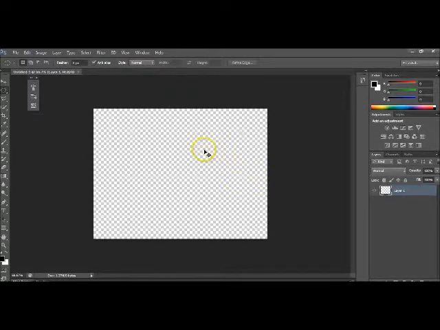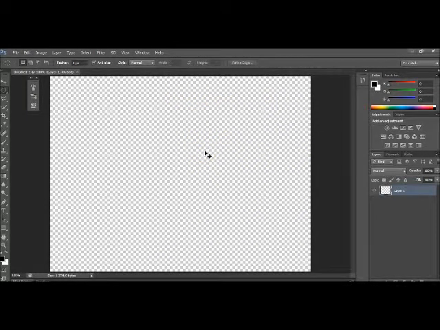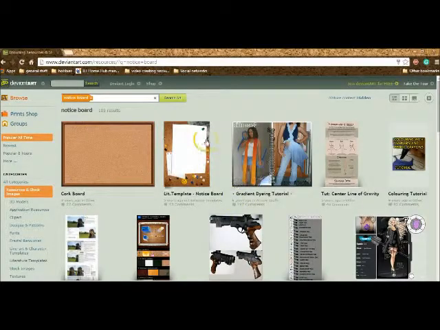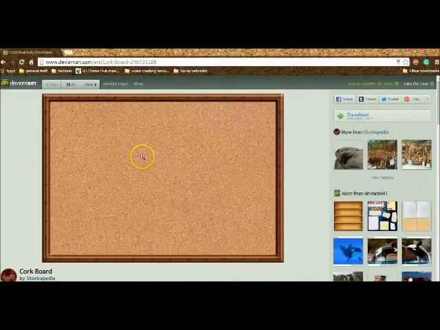So there is my screen area. This represents the back of your desktop screen on a computer, and we're going to make this look like something else. So I'm going to pop to DeviantArt, again my favourite website of all time, and I've just done a little search for notice board. Okay, and I found in this resource and stock images section this interesting image of a cork board. So I'm going to copy that